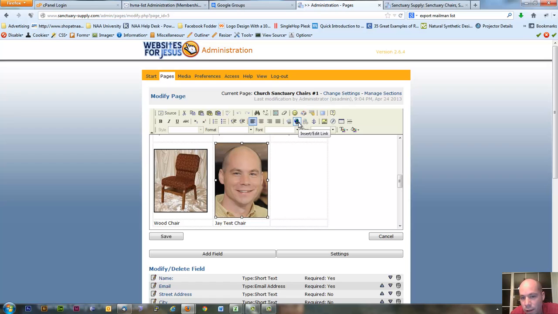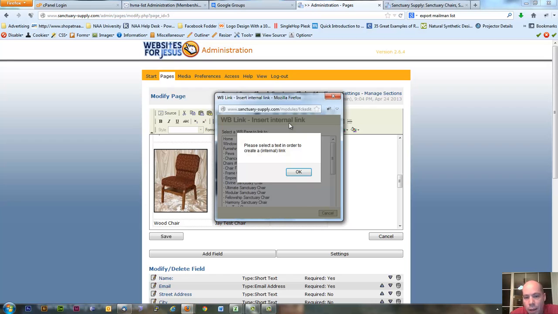Now this is a link. This is an insert edit link. That's for if you want to link to something outside of your website on a page, like a page that you did not create. Say you wanted to link to google.com, you would use that button. But if you want to link to a page that you created within the system, you need to click this button. And it's going to bring back a